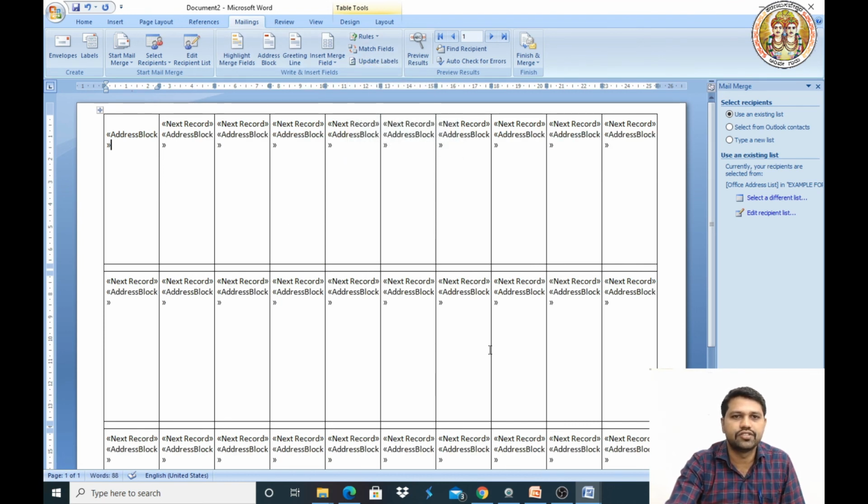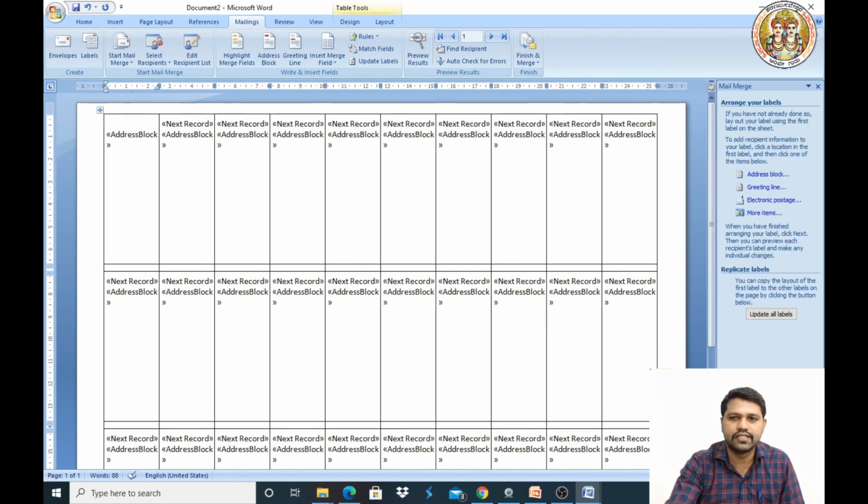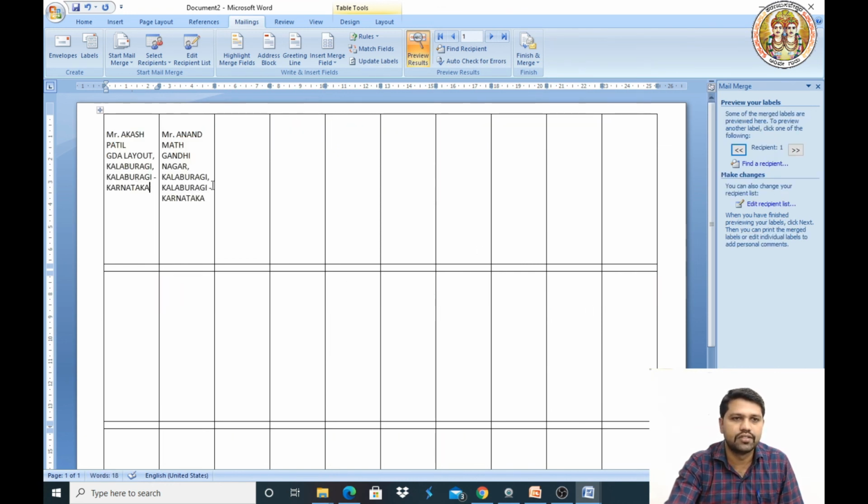Everything is changed. The next is go for the next step, arrange your labels, and the next is preview your labels. Both labels are displaying on one page. Then the last step is complete the mail merge.